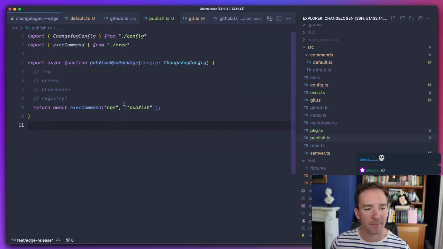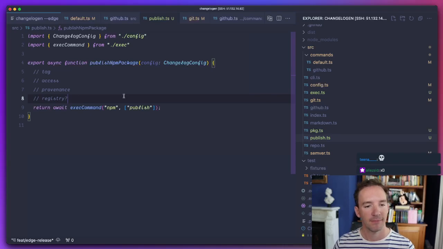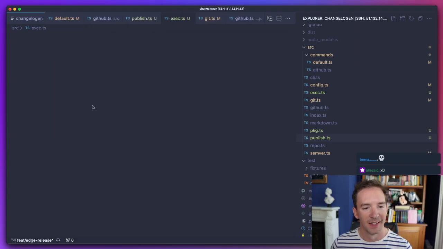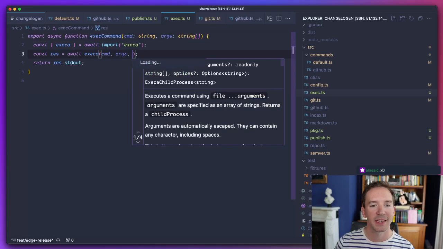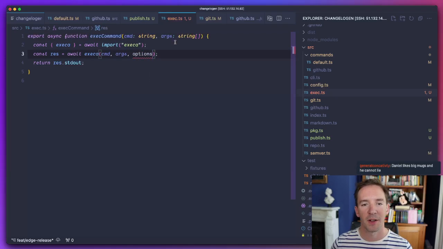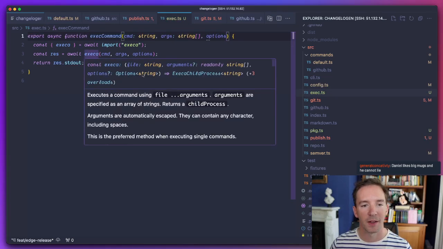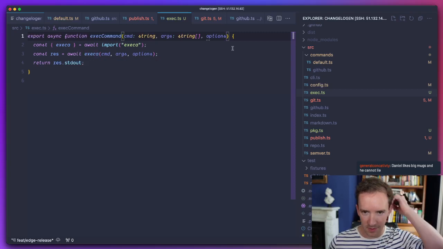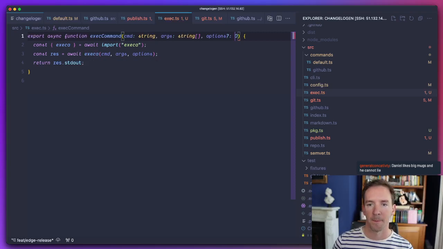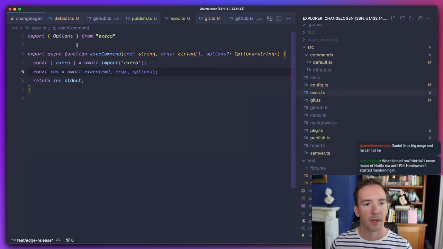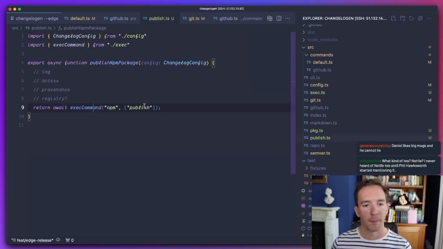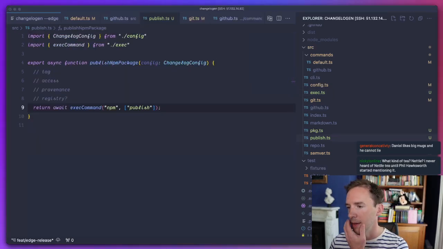Okay. npm publish. Okay, we can have some more args here, and exactly we take some further options, right? So we have our options. That might be where we could specify things like